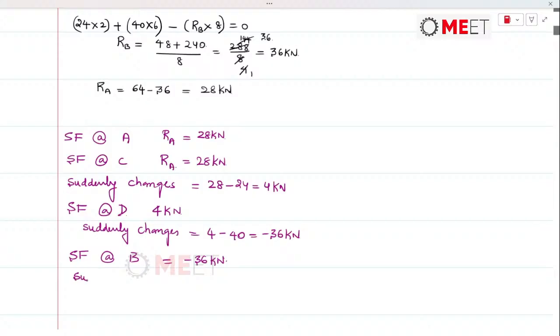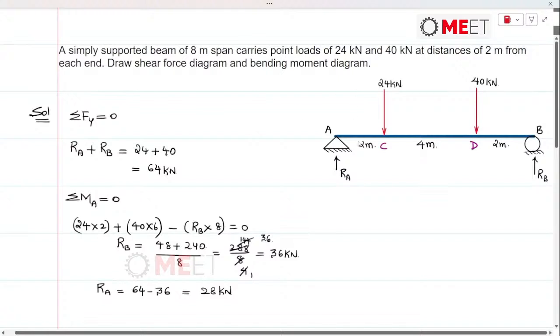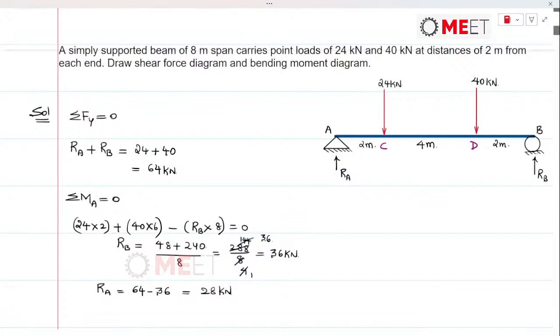and it suddenly changes to 0 as there is a point reaction. So that is minus 36 plus 36, which is equal to 0. So let me just draw the shear force diagram. So shear force at A will be 28 kilonewtons,